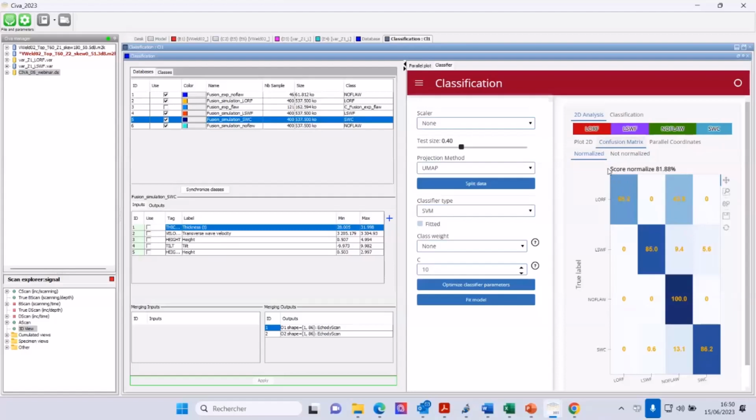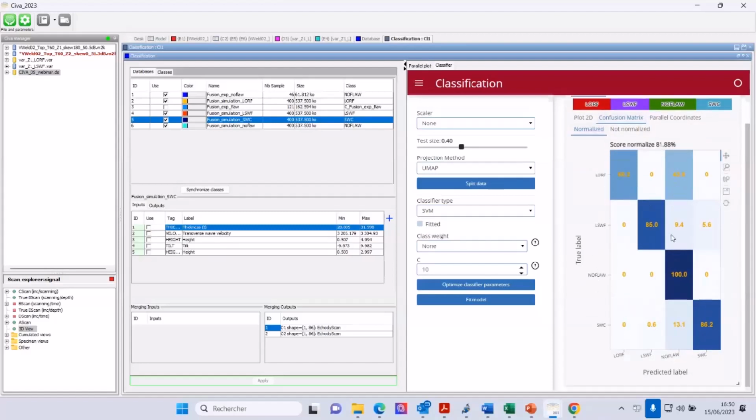The idea is to make sure that between the true labels and the predicted label, we are okay. So of course, the ideal result would be 100% along the diagonal. Okay, so with the true label and the predicted label. And you can see here that we have some confusion between the root fusion and no flow, which is, I think, quite logical.